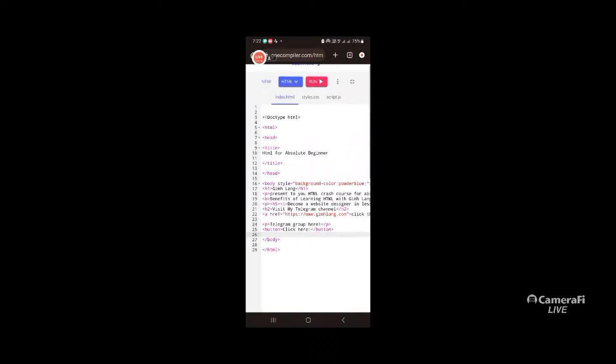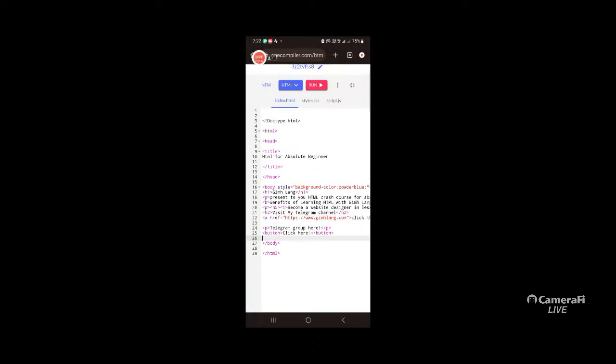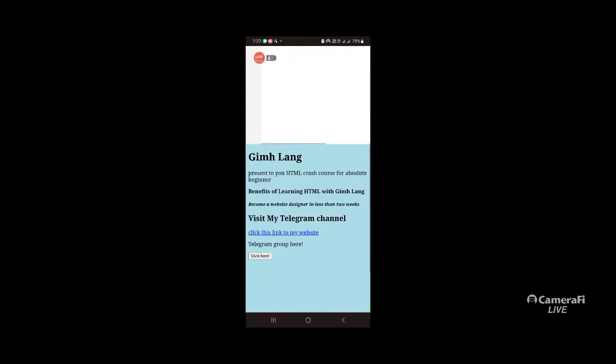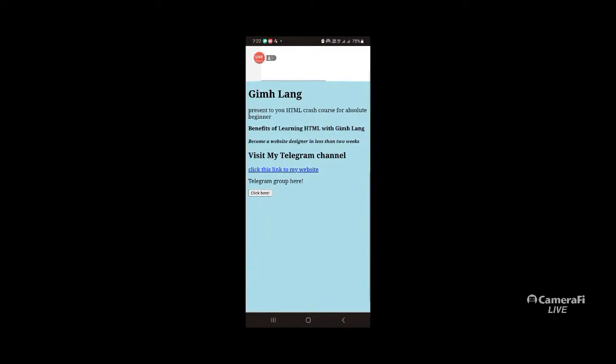Now we have done this, we have to now run the program. So when we run the program, we are going to check it. Now you can see below we have a button. If you click on the button, click here, it moves. It has information. So you can see easily how you can include the button